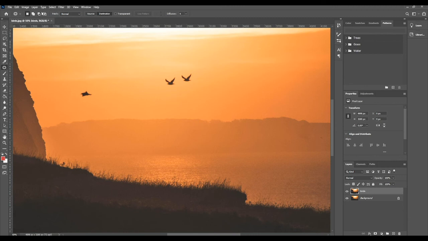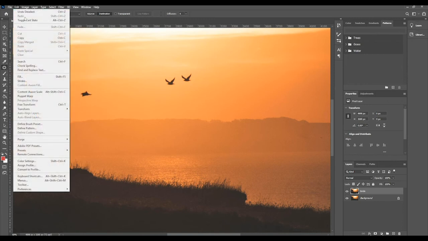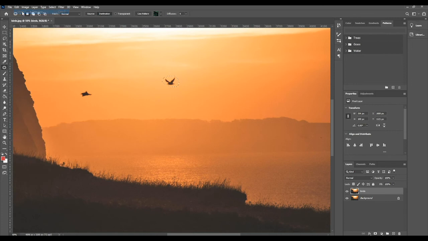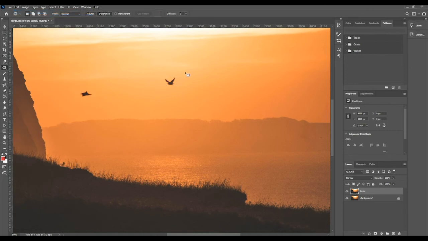We could also use it. Let me undo this. Undo deselect and then undo patch. Select deselect. Right. We could also do this in another way. We could just select the area we want and then drag it over the bird to cover it, like that, right? But ideally, to remove the birds, we just use source,